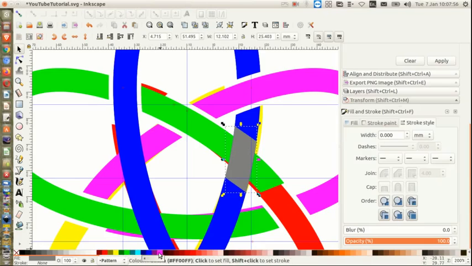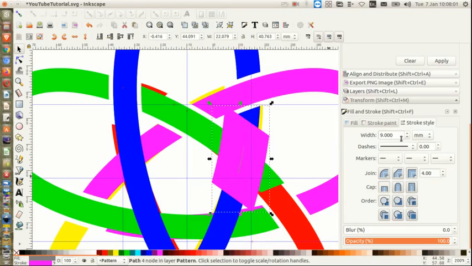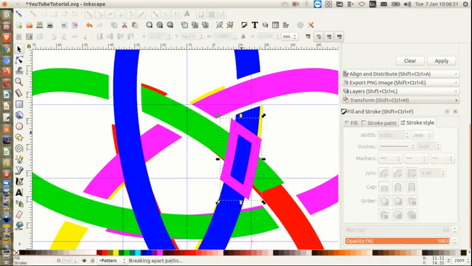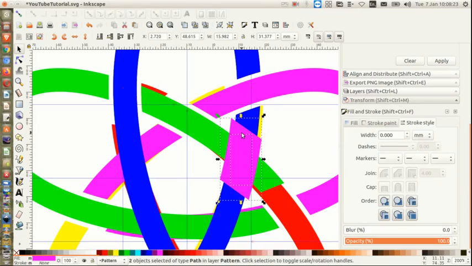I'll give it a pink stroke. Stroke's too big, change it to 3.5, Control V, enter. Convert the stroke to a path, Control Alt C. Break the path apart, Control Shift K, and unify, Control Shift and plus. Now I need to duplicate that a couple of times, Control D, Control D,